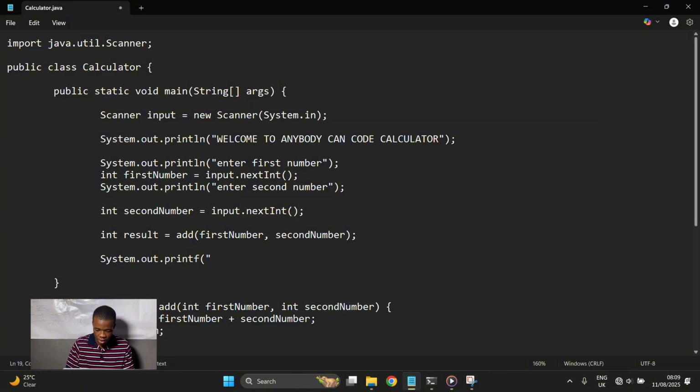So now System.out.print, the result of this calculation